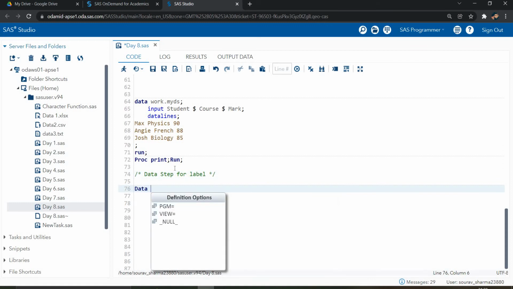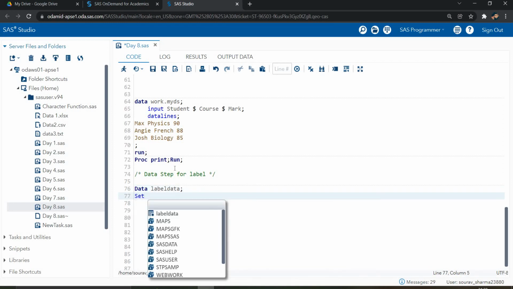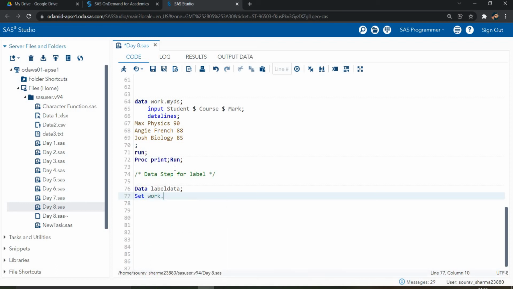First of all, we are creating some data. I give the name label data. Then I write the set statement, set work.myds. This is my data name.